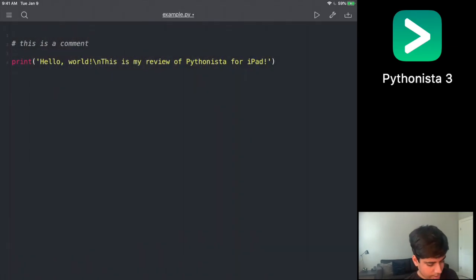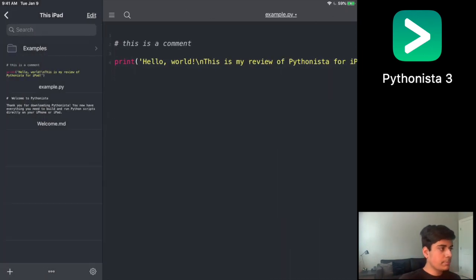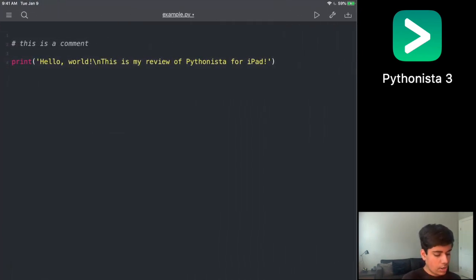It's quite intuitive to switch between pages. I can simply swipe over. You can see that this opens up my sidebar. If I swipe over on my Python file, from the right to the left, okay, not there,